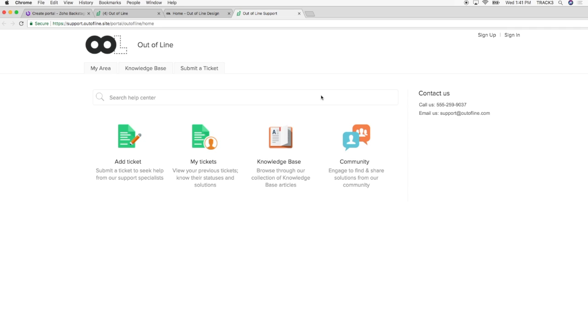I've seen portals that look nothing like this. They have all the functionality, of course, but they're customized with HTML to look completely different and white labeled for the business that it was a part of. Really convenient. But as a customer, I come here and I have a bunch of different options right away, right?